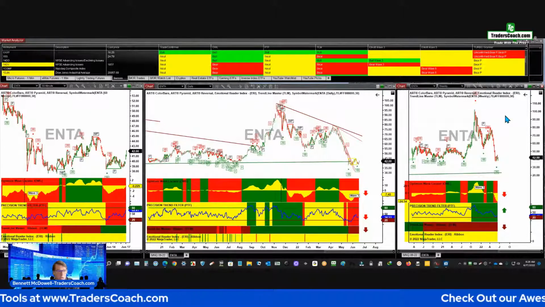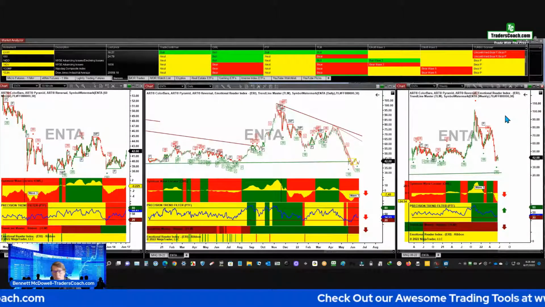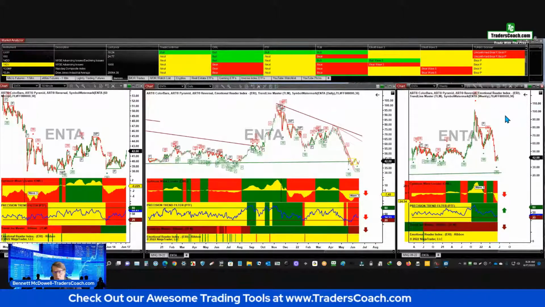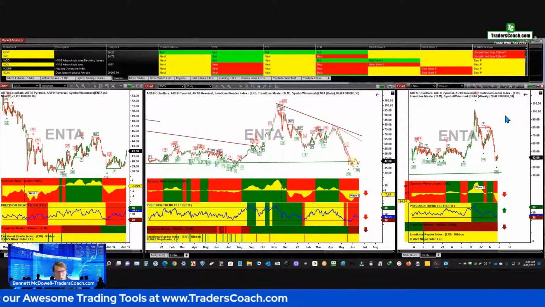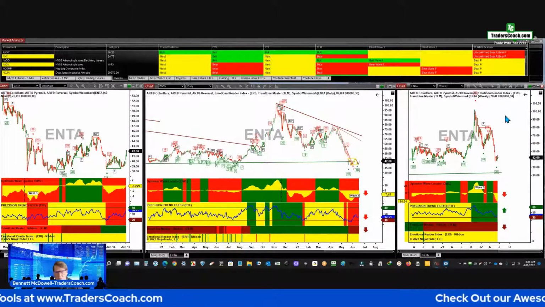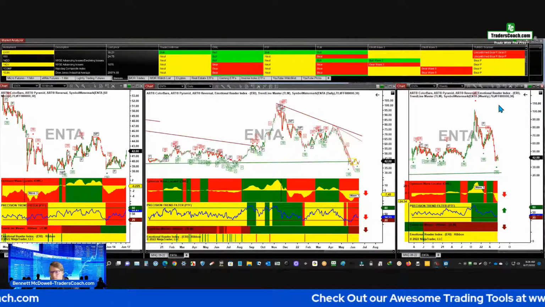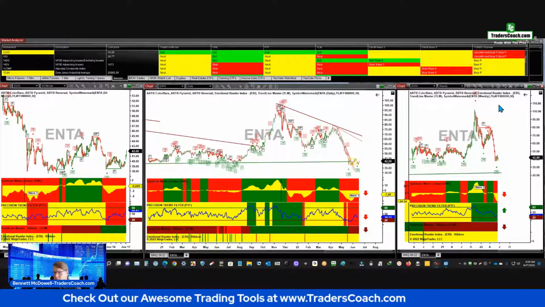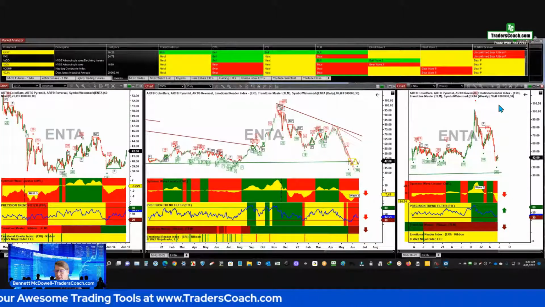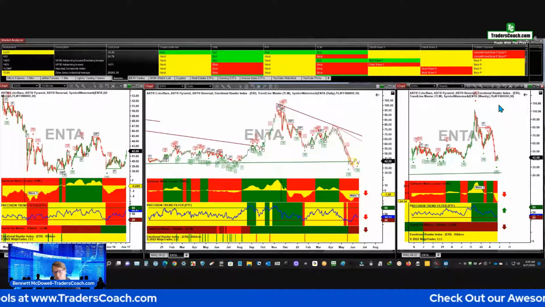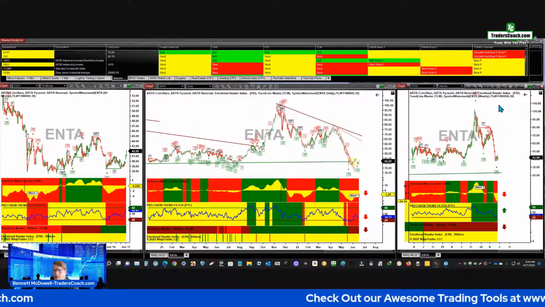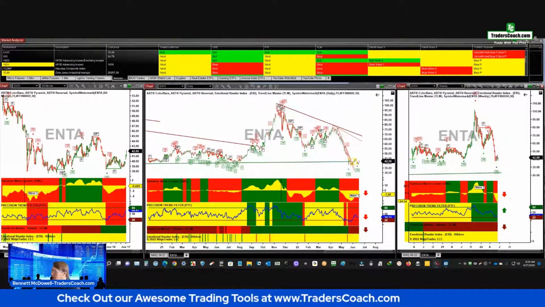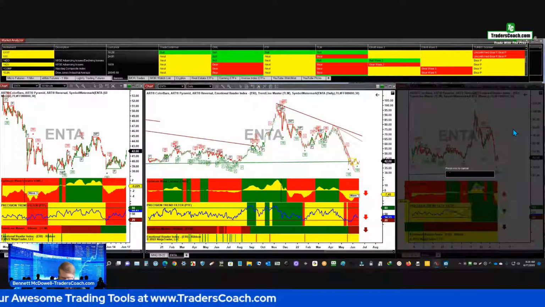If you're short, you're in great shape, which you say you are. What I would do is I would probably exit the short positions when the PTF on the daily chart turns yellow, maybe scale out of some short positions when the PTF on the 60-minute chart turns yellow. That's how I would probably manage that trade, okay? But I would not just hang in there forever because you have a green PTF on the weekly chart. If that changes red, then that changes things. But so far, the reality is it's not, okay? So that's how I would handle that trade. Good job being short on it. All right, that's ENTA. All right, let's take a look at NVIDIA.